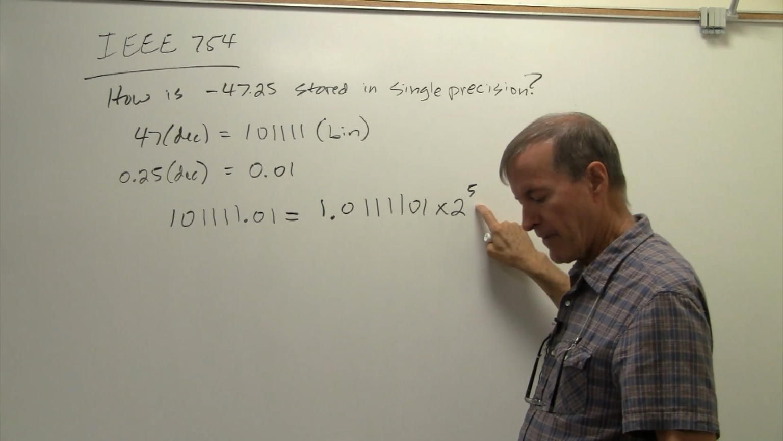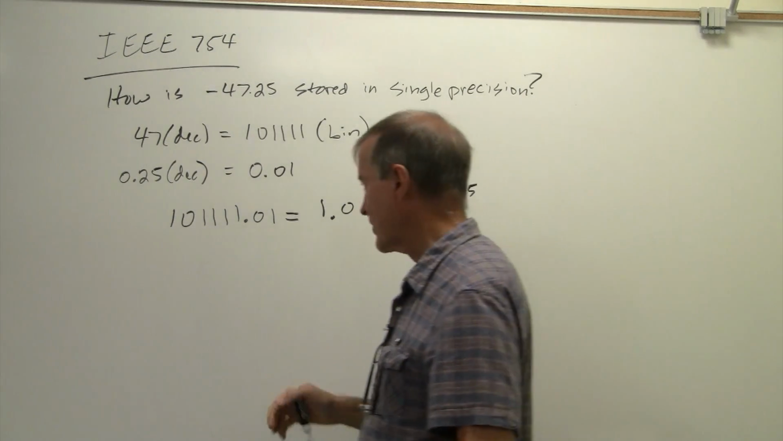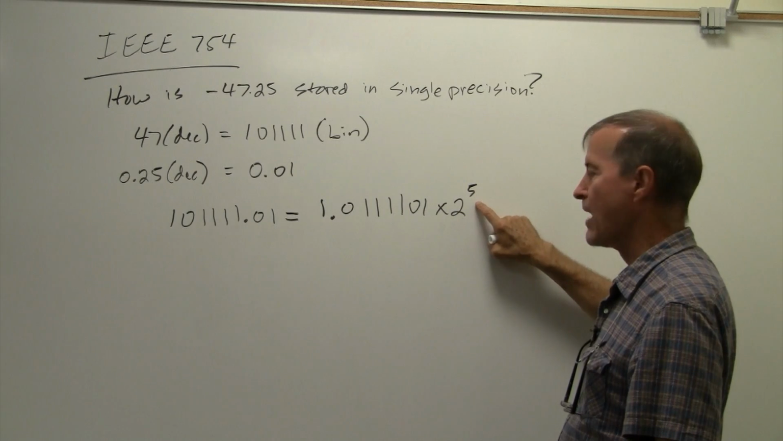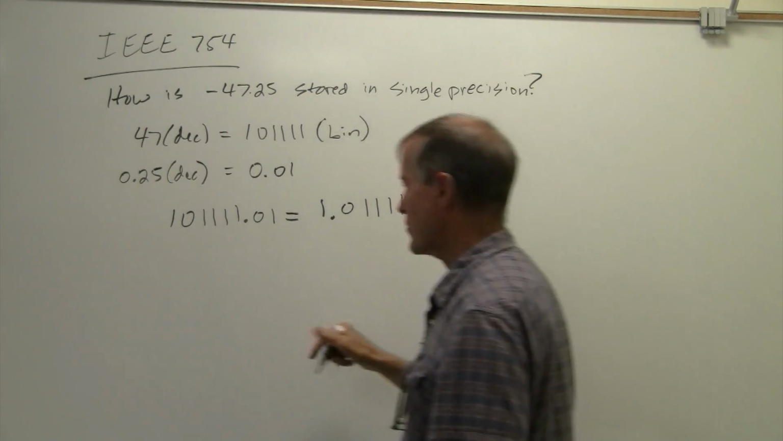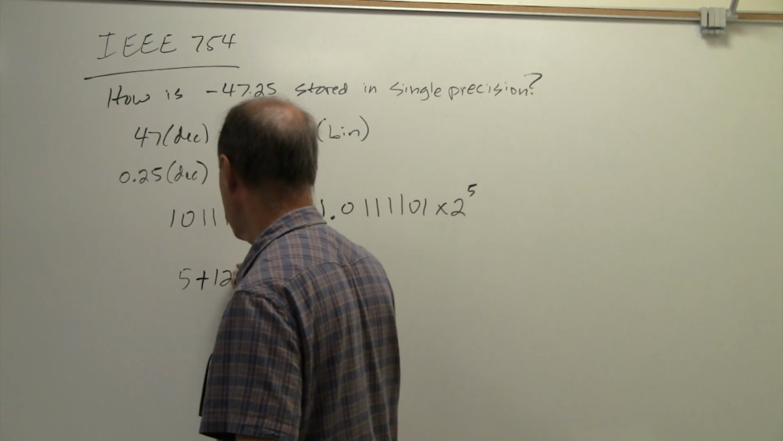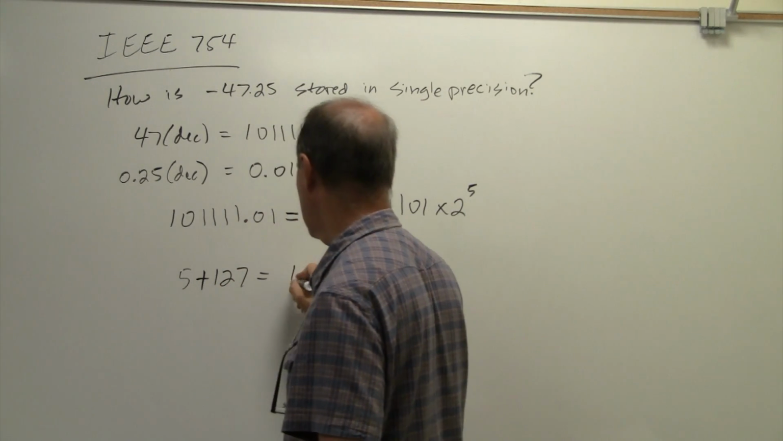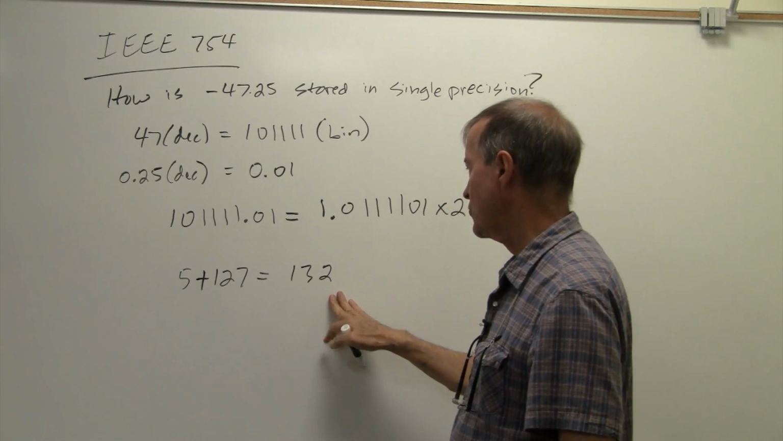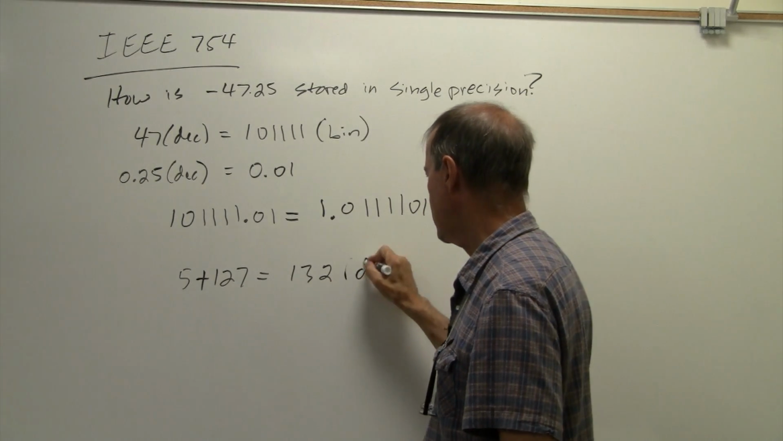So 5 decimal, how do we do that? What we have to do is figure out how 5 is stored in XS 127. So how do you do that? You do 5 plus 127, which is what? 132. And then 132 decimal,